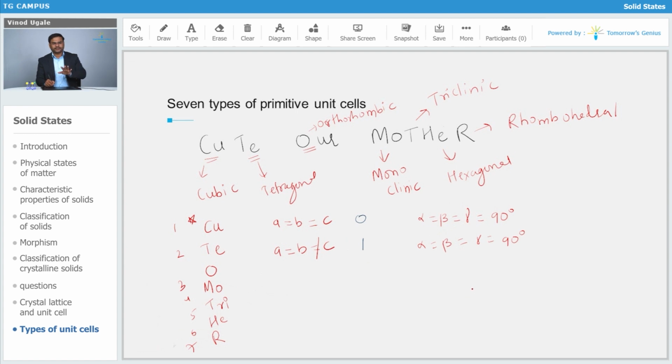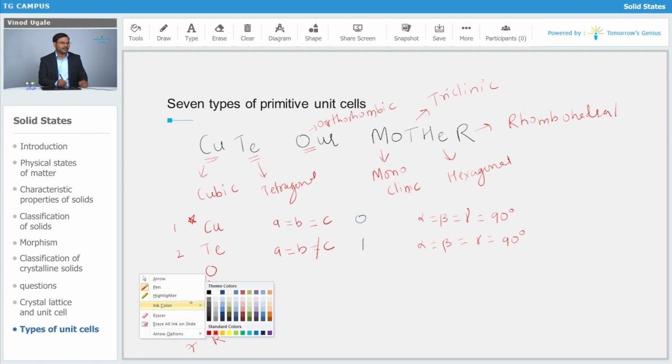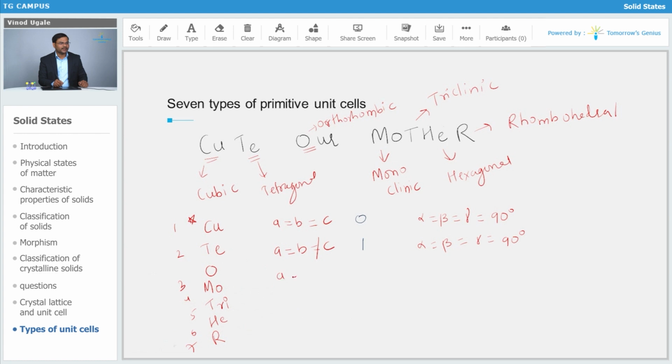Now let's go for the next one, that is orthorhombic. Here in case of sides you are going to get 2 unequal signs, all sides unequal. So I can write over here that 2 are going to be unequal. So I got 0 unequal sign, 1 unequal sign, 2 unequal signs, okay. And the angles in case of orthorhombic, if you remember whatever we have seen in the previous slide, all angles are again 90 degree in this case also.